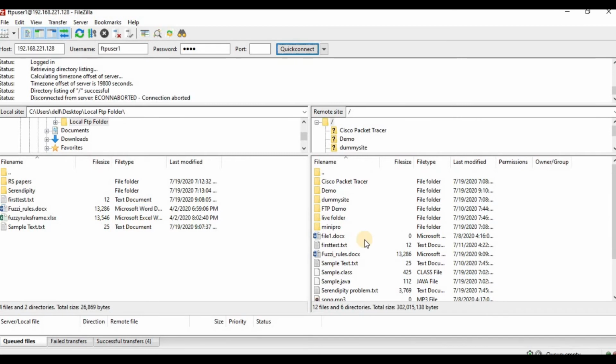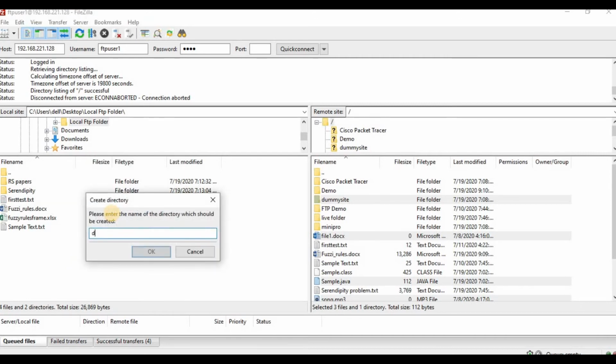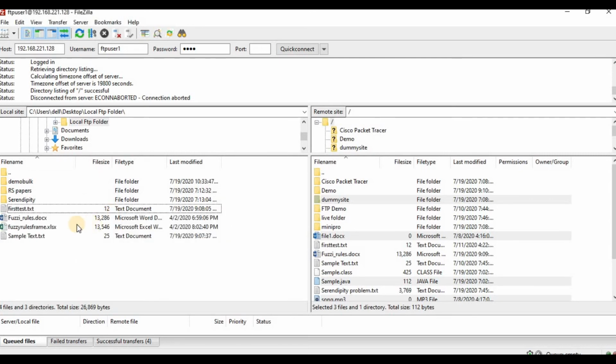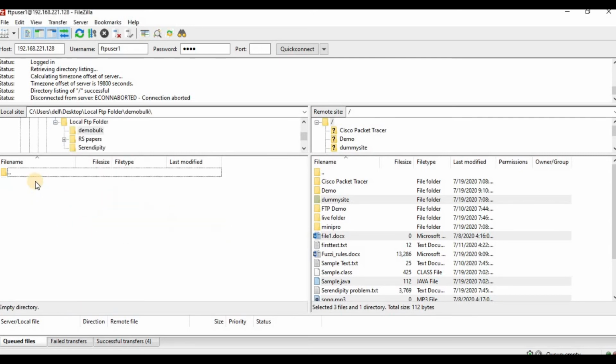Now instead of exchanging one by one, you can even transfer multiple files and folders at a time. For example, let me show you. Create a directory on your local computer, say demo bulk, and select this directory.